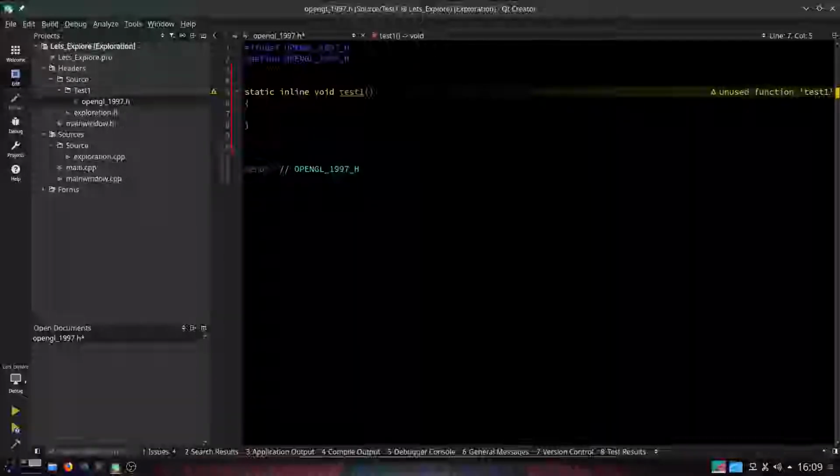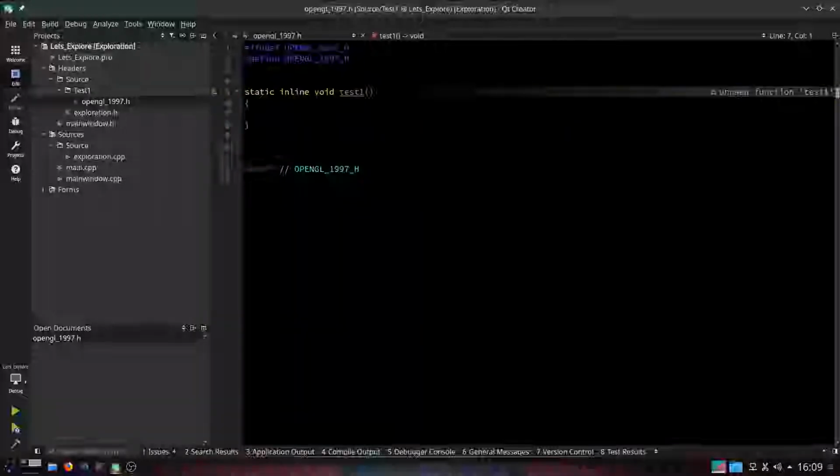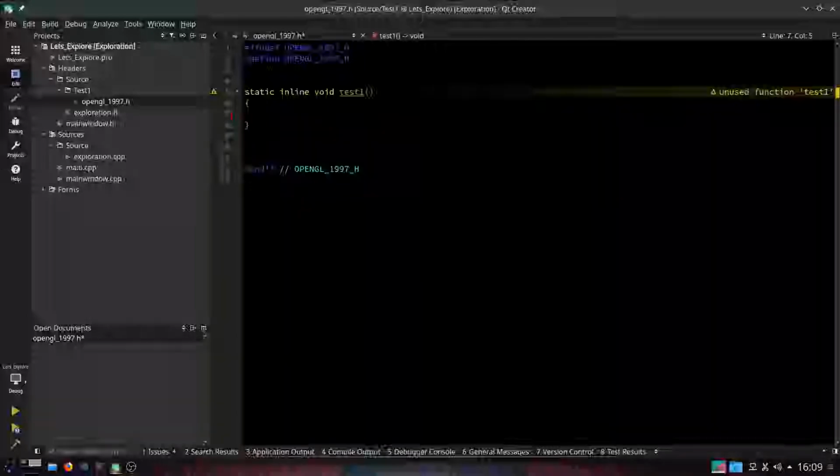Unused function, test1. Well, I know it's unused. Strange thing, because it's a header file. Nice coffee. Let's save that. So, in the beginning, there was OpenGL 1, and it was very simple,